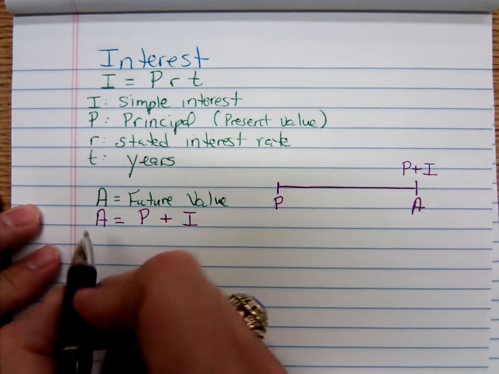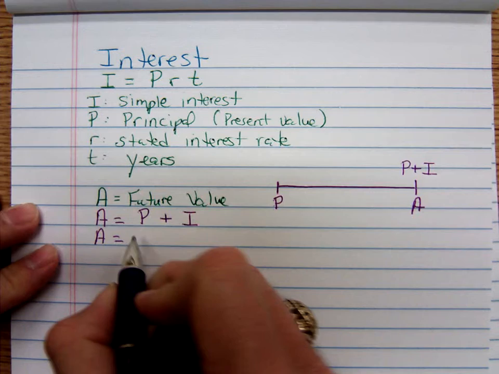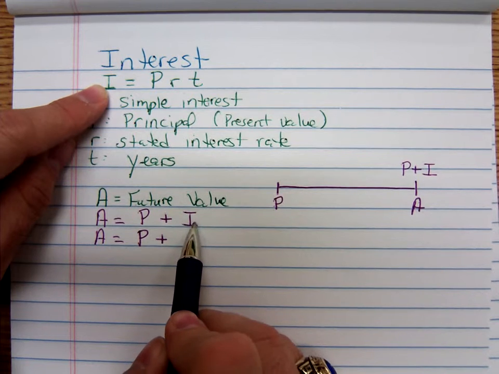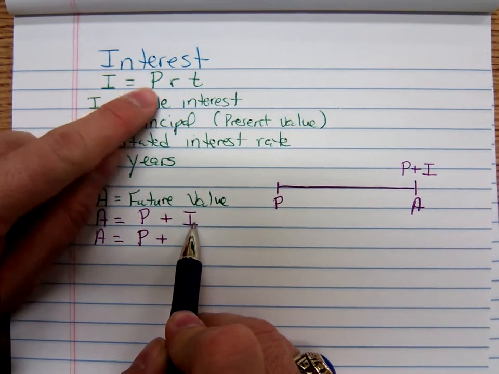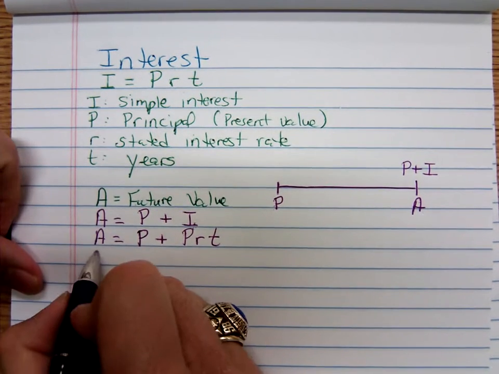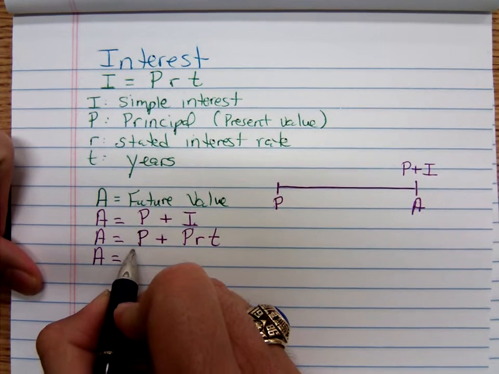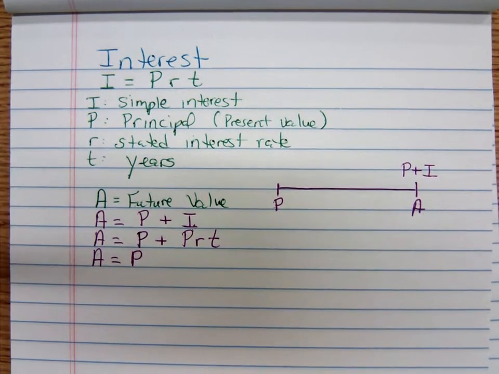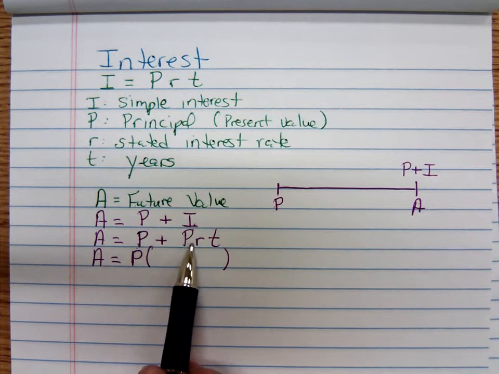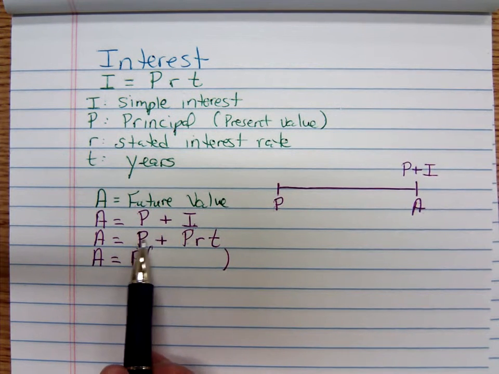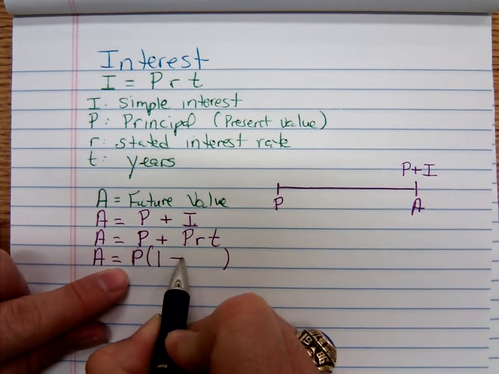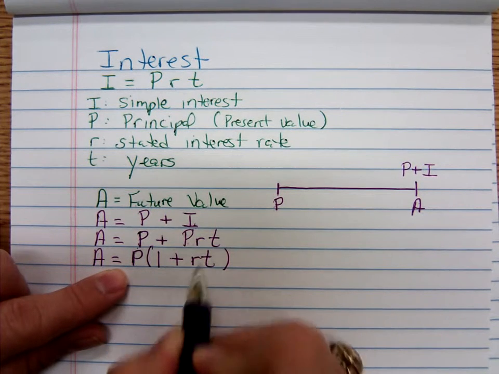There's another way we could write this formula, and that would be to replace this I with what we have right here, P times R times T. And in some elementary algebra class, somewhere along the way you've done a little bit of algebra, you would have factored variables out of an expression. If I factored this capital P from each one of these, what would go in the parentheses here? Well, I'd have to have a 1 plus R times T